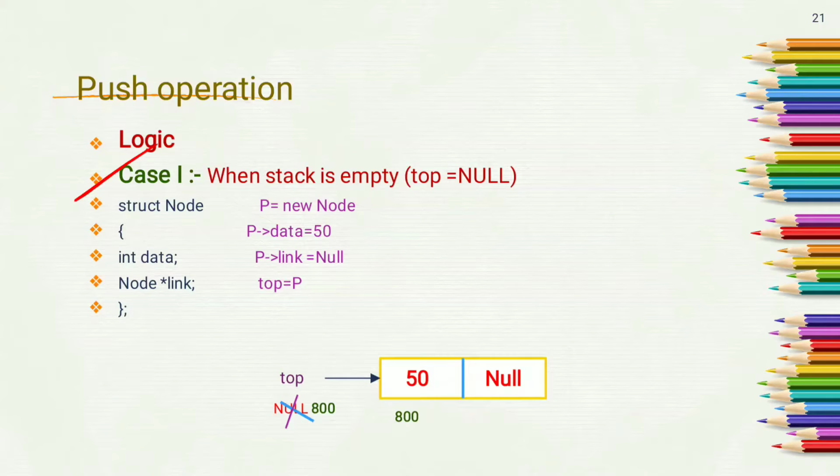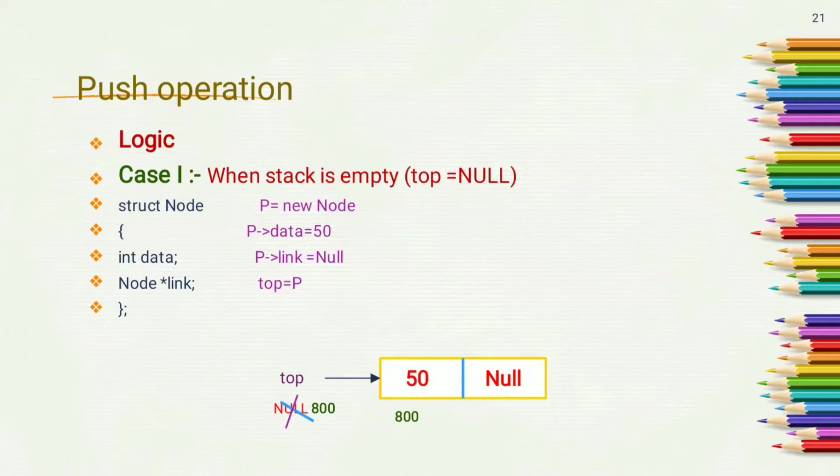Here I am using a singly linked list, so we have to create a node using a structure by writing struct node { int data; struct node *link; }; and closing the structure with a closing curly bracket and semicolon.